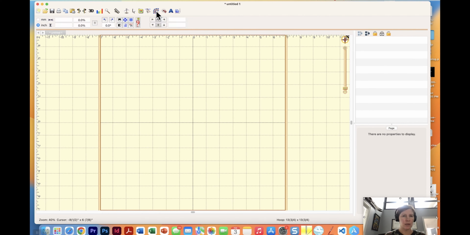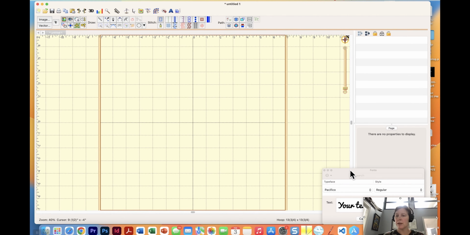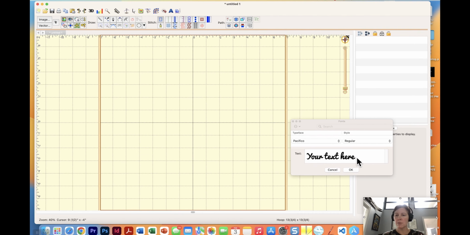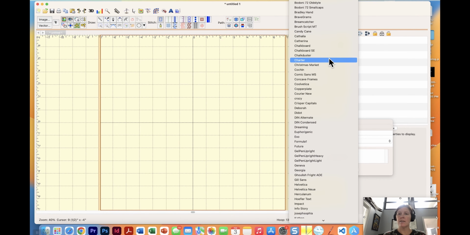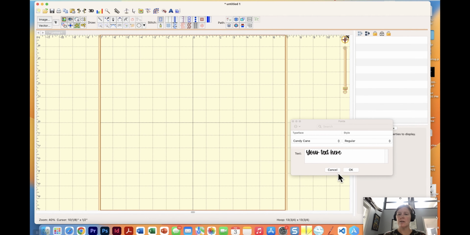I'm in create mode right now. That's how I toggle in and out of it. And then pick this double T right here, which lets me access the TTF files on my machine. Now I go and locate the candy cane font. There it is right there. And I'm going to type my text,